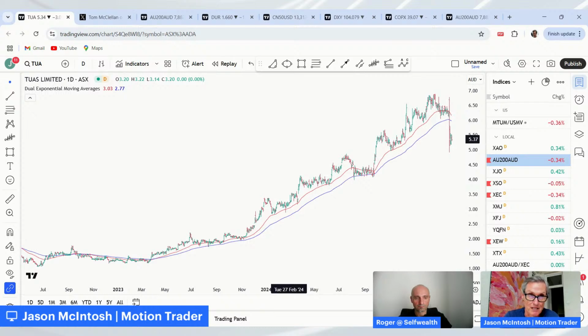I use the exponential simply because I like the concept that they're a little bit more responsive to the latest price action. So they'll turn a little bit earlier than the simple moving average, which is weighting the 200th day the same as the current day, whereas the exponential will weight the current day a little bit more than the 200th day. So conceptually it seemed like a nice idea, but when I back tested it all out, I don't think there's a whole lot in it.